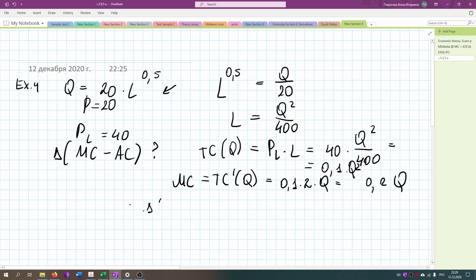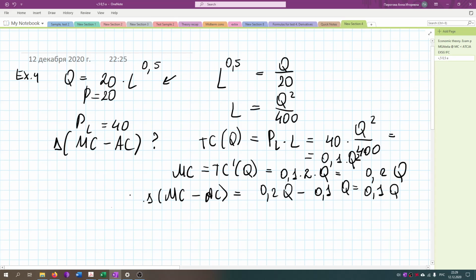And the difference between marginal cost and average cost will be equal to 0.2Q minus 0.1Q, which is 0.1Q, and